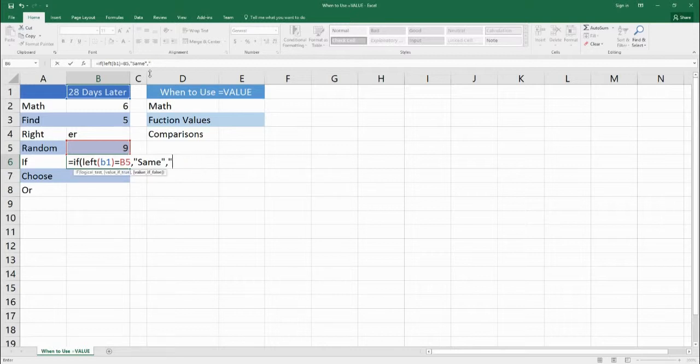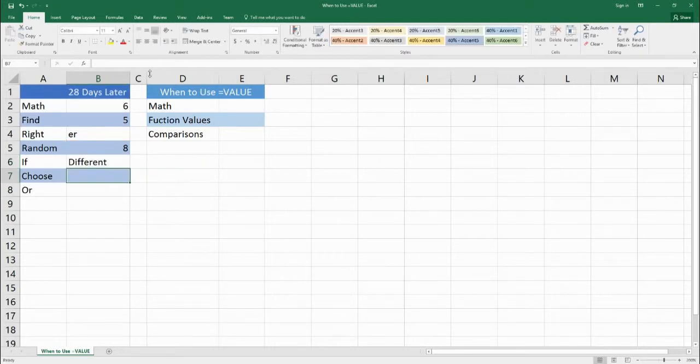Or how about we put "different"? That sounds a little bit better. "Different" if it's false. Okay, so right now it says 8. Okay, but let's type in the number 2 here. It still says "different." Okay, so if this was working correctly, right now in the cell B6, it would say,